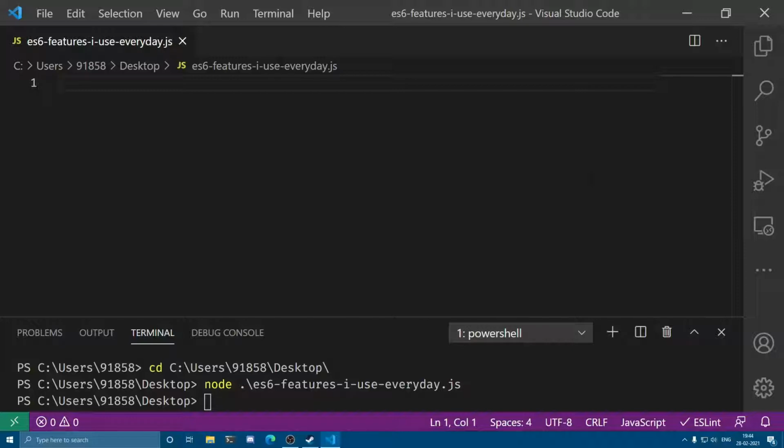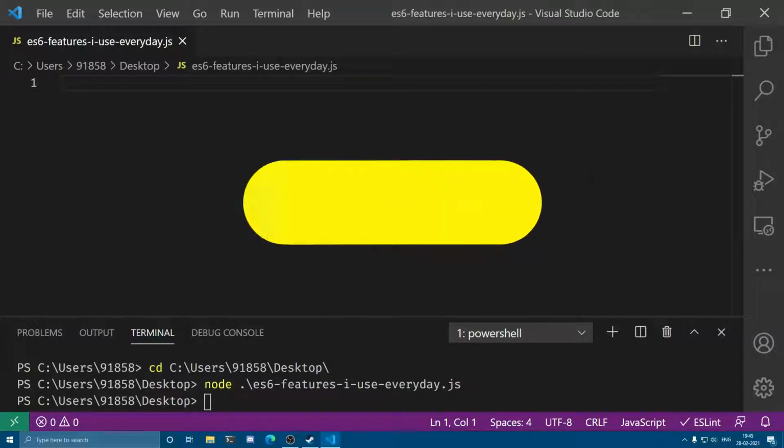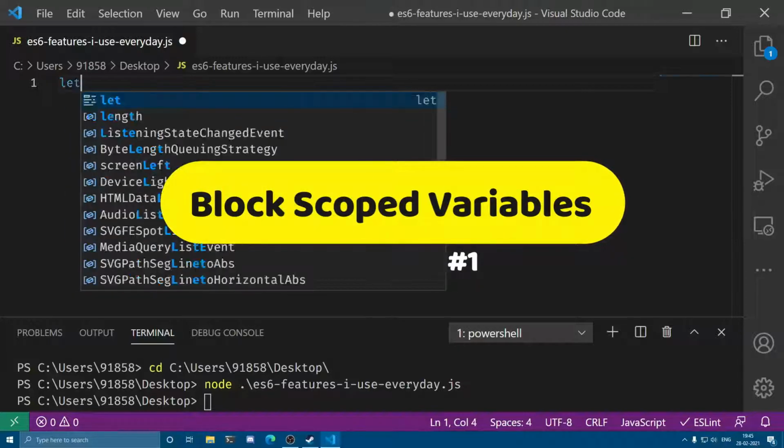So I'll go over these features one by one, and I hope that you will also be able to understand these things and incorporate these features in your day-to-day coding tasks. So let's begin. The very first feature I have adopted in ES6 was the block scope variable let and